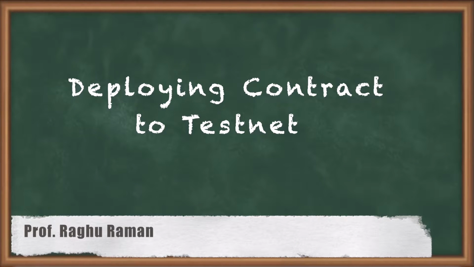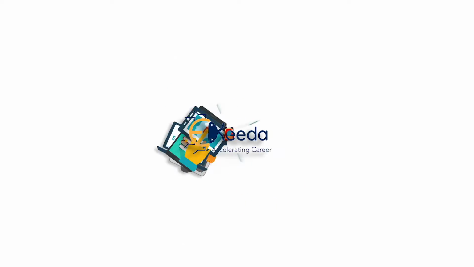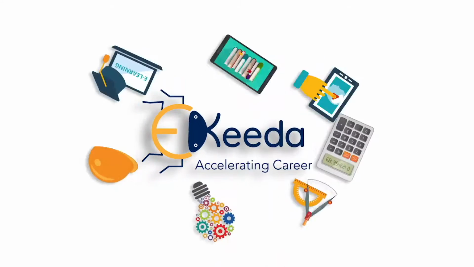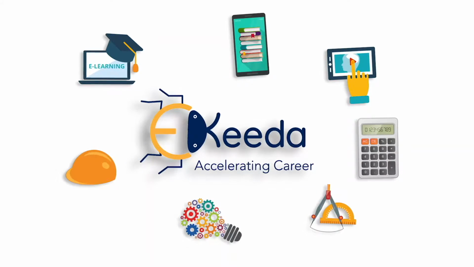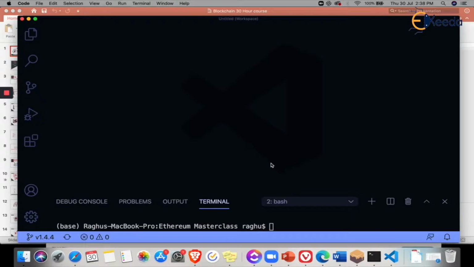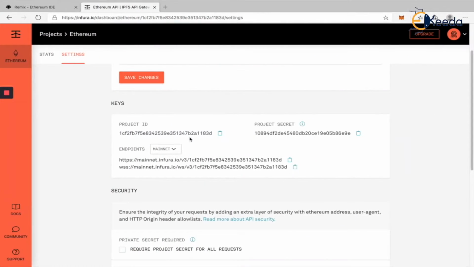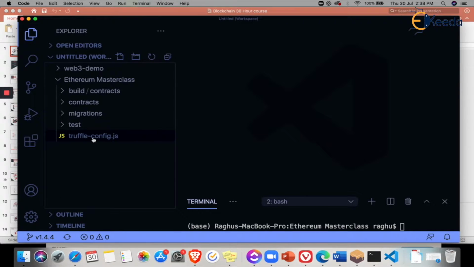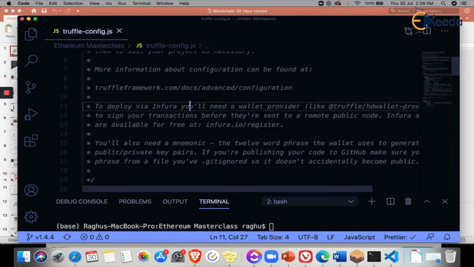In this section, we are going to look at deploying our smart contract into a public testnet. So we created this Infura API key in the last section. Now we'll see how to use that and deploy our contract into the testnet using this Infura full node. For that, most of the changes are required in the truffle configuration, because if you look at truffle config,